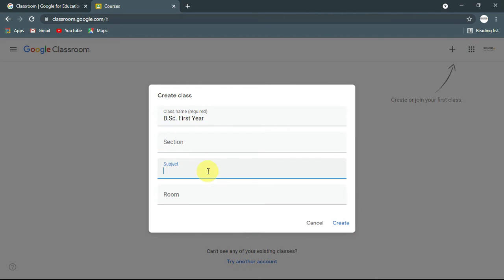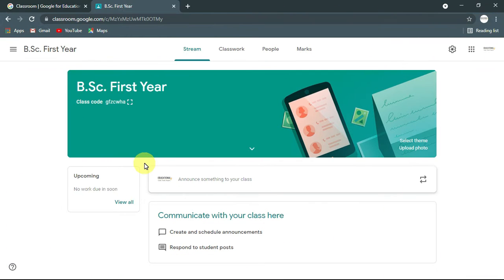In subject, I'm writing my subject, which is chemistry. Room number, as we have in school and colleges, certain room numbers are defined for each class. So let's suppose it's room number 12. Now hit create and done. Your first class of BSc first year is now created.